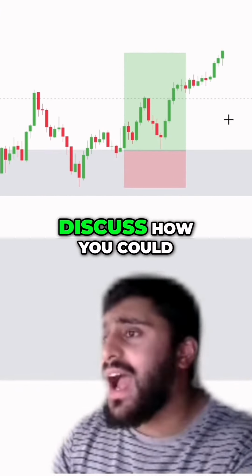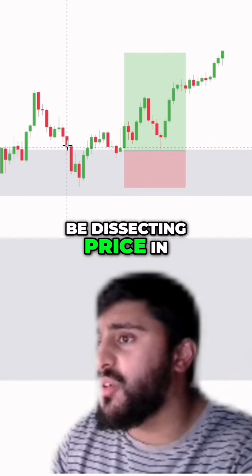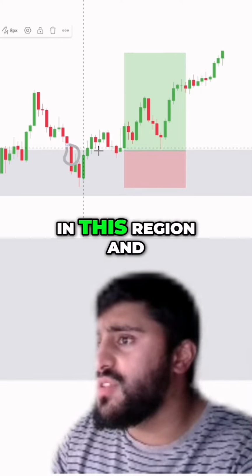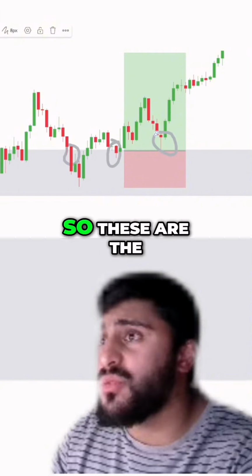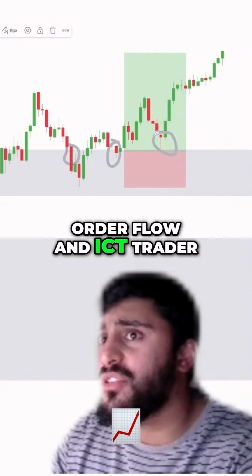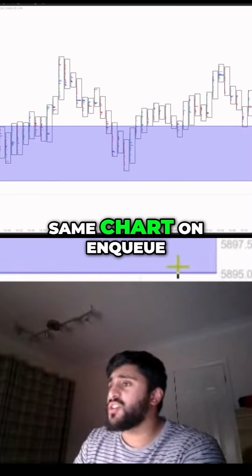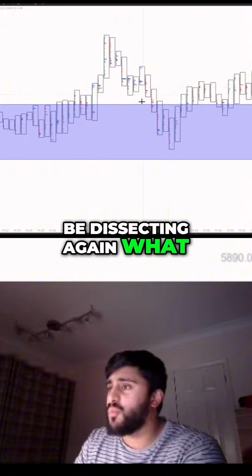We are going to discuss how you could have taken advantage of order flow at this area. So we're going to be dissecting price in this region, in this region, and in this region, right? So these are the three regions we are focusing on as an order flow and ICT trader. And the way we do that is by coming onto this thing here. So this is the same chart on NQ, and we're going to be dissecting again what happens over here, and